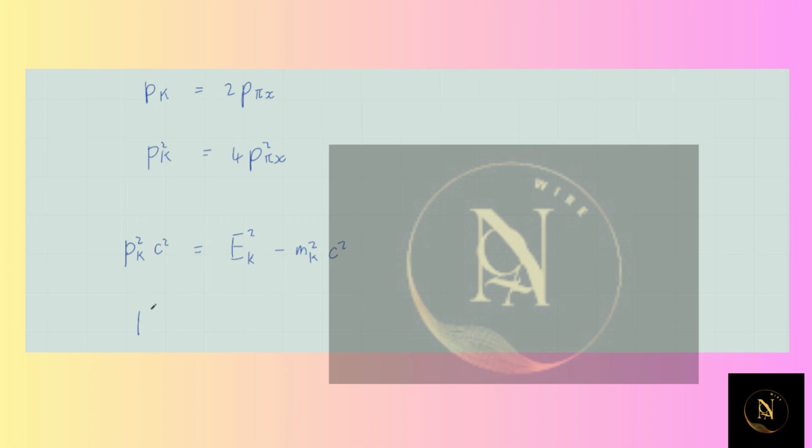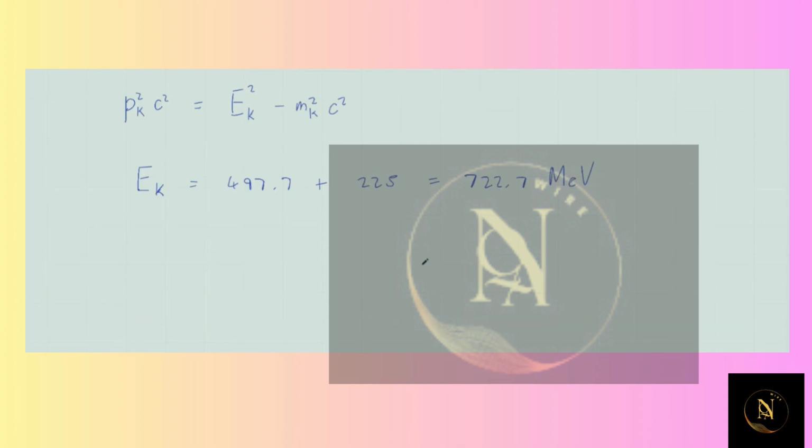And so the energy of the kaon is equal to 497.7 mega electron volts plus 225 mega electron volts, which is 722.7 mega electron volts. So this means that pk squared times c squared is equal to